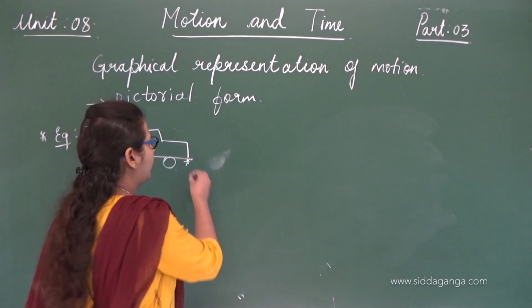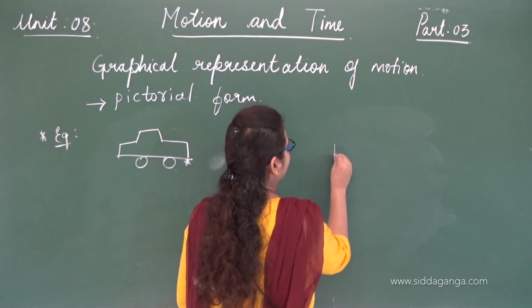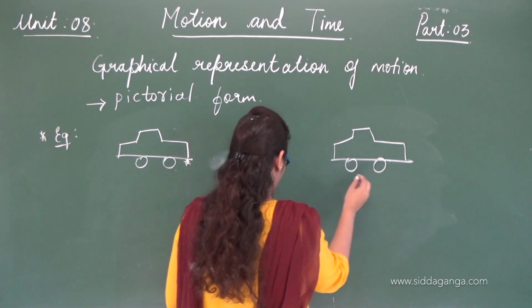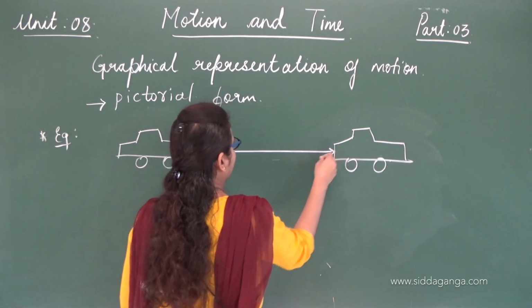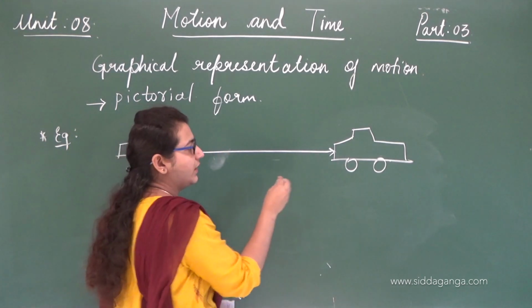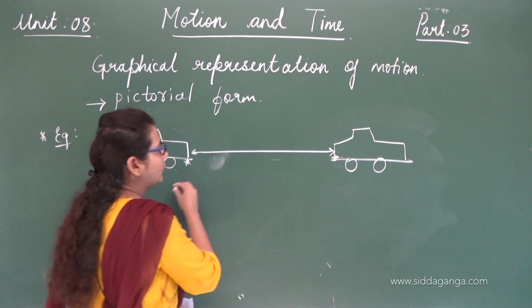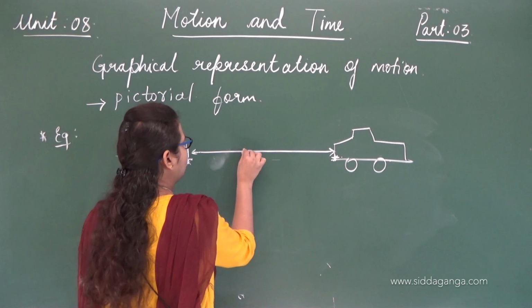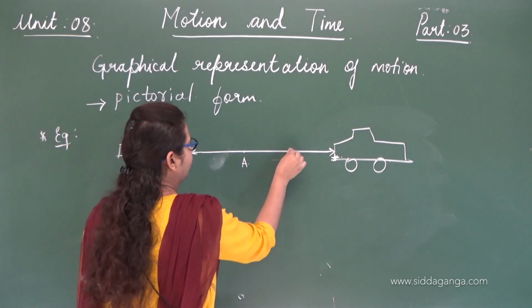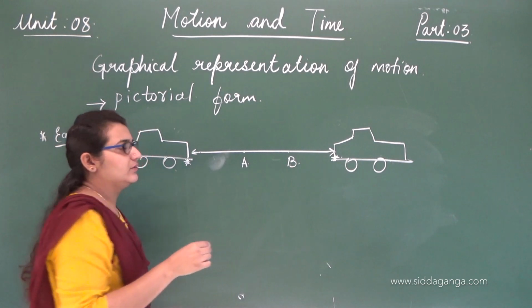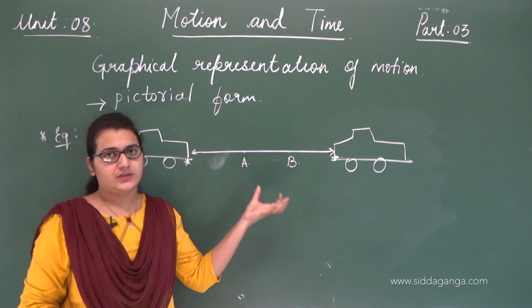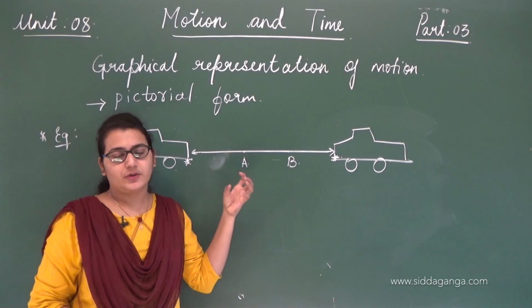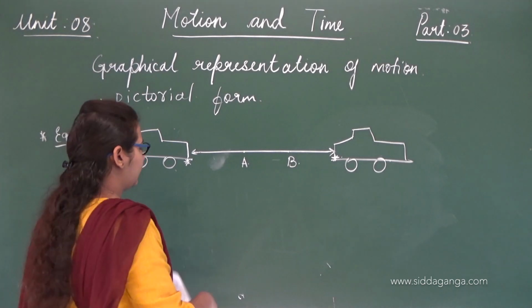After some time, the car moves. So this is the starting point, and the car has stopped here again. Gradually with time the car has moved. Here at a particular point, I'll take 2 points, A and B. It's not like the car has stopped there, the car is moving. I'm just taking these 2 points for a particular instant of time.